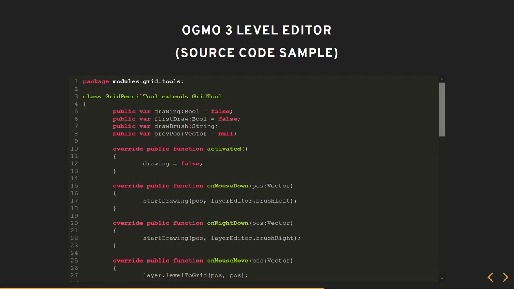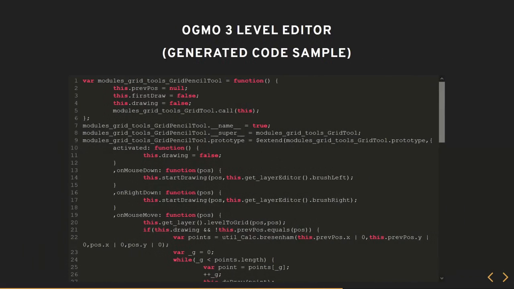So let's see what this looks like in JavaScript. And it looks fairly similar. It's honestly pretty much a one-to-one translation. That's because both are high-level languages with very similar concepts.